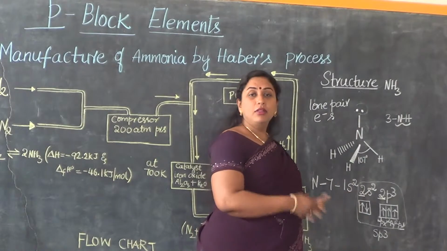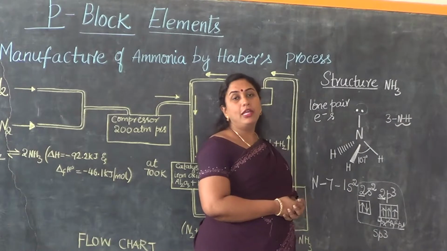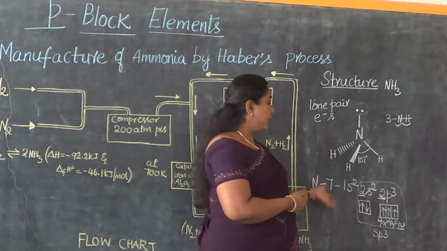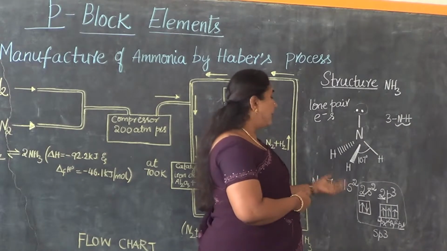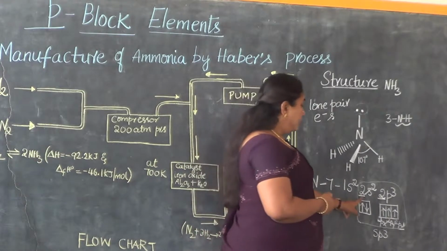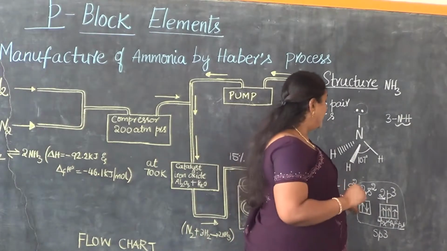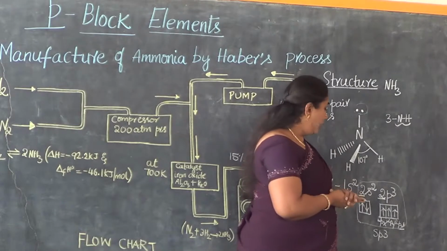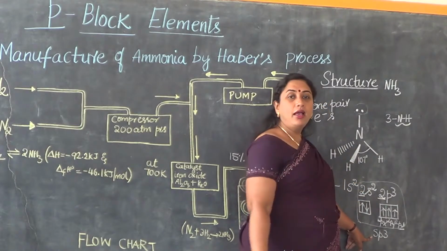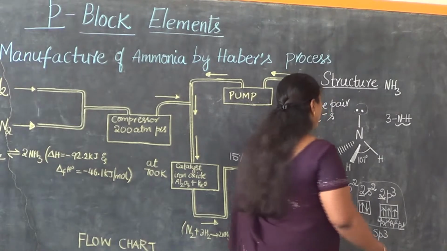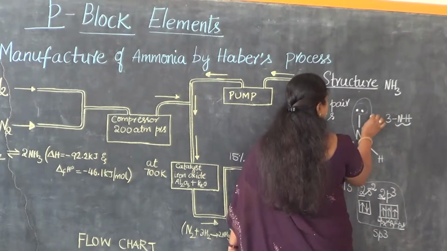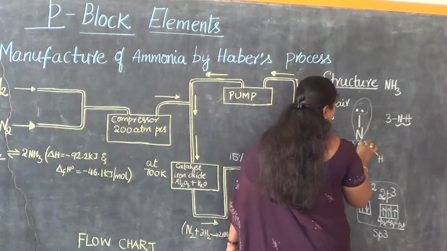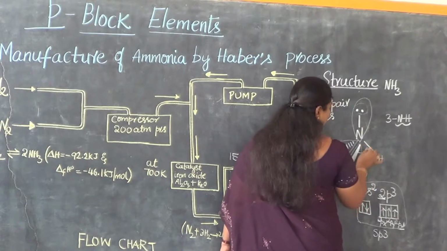In order to understand the concept of hybridization, you may watch my video on hybridization, wherein I have specifically done case examples for sp3 hybridization. Well, let us come back to this. The 2s orbital, 1 in number, and 2p orbitals, 3 in number, have undergone mixing and formed 4 sp3 hybrid orbitals, of which one orbital contains the lone pair of electrons and the other orbitals contain 1 electron each.